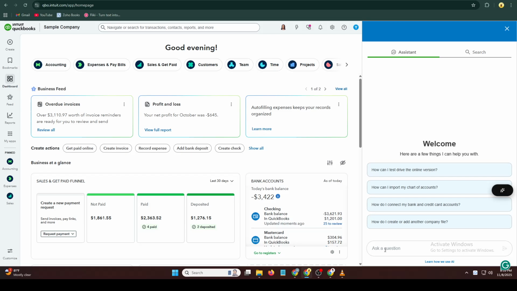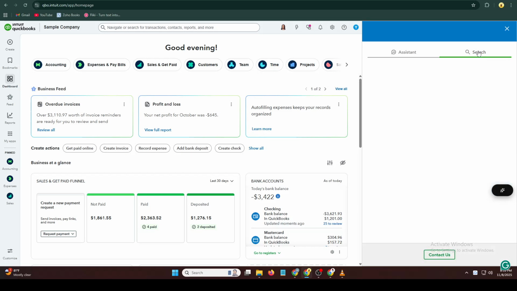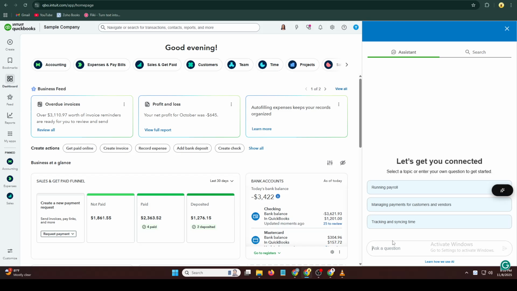Next, you'll see an option that says Contact Support. Click on that. When a list of automated suggestions appears, scroll down and select No, I still need help. This is the trick that bypasses the chatbot and connects you to an actual QuickBooks representative, saving you time and